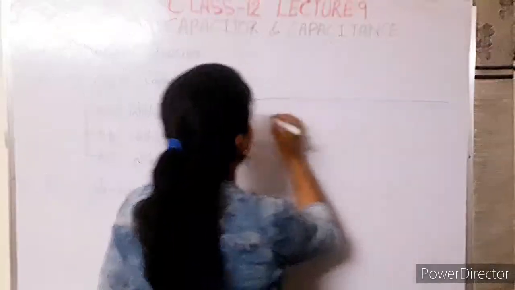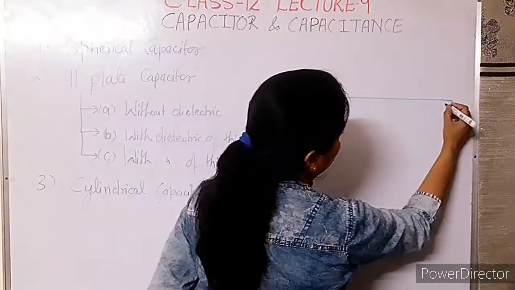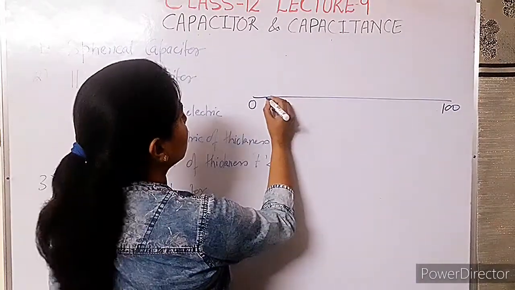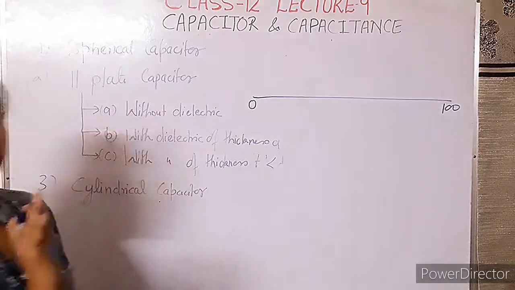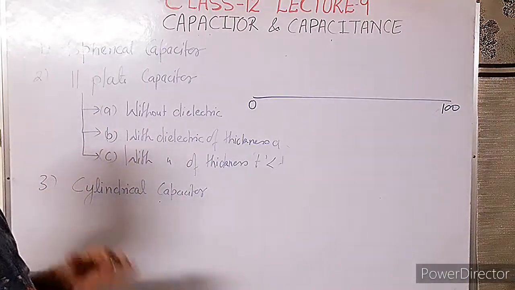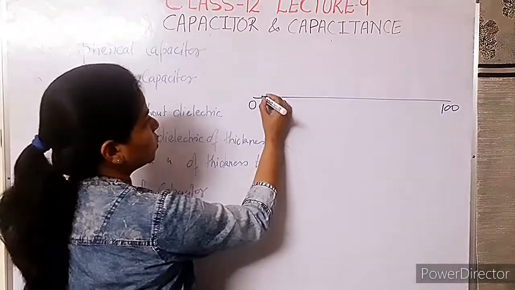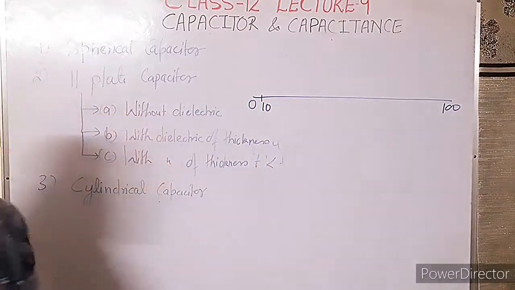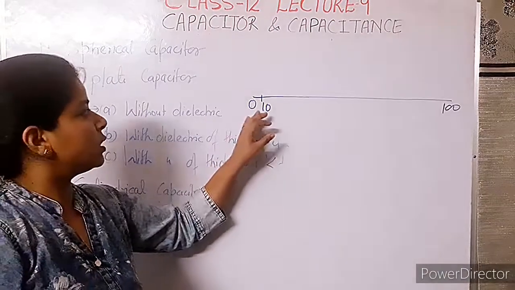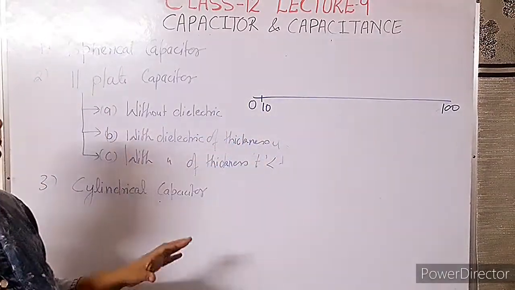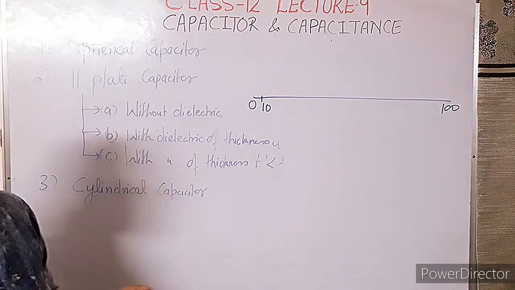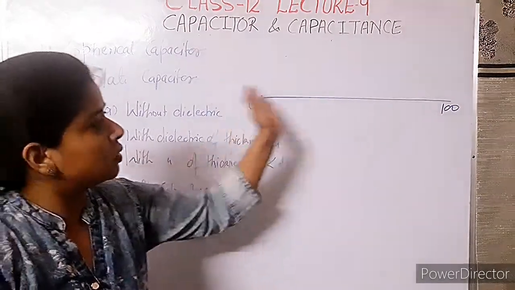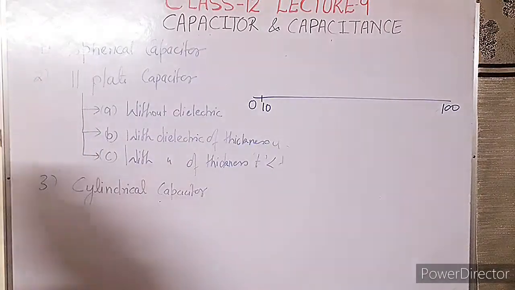This is your path of class 12, 0 to 100. At least by solving these kinds of derivations and getting the concept of chapter number 1, you have reached up to this place, the 10% place. If each and every concept is clear in your mind, this is your 10%, and that percent is the base for the next 100%. So remember this thing.